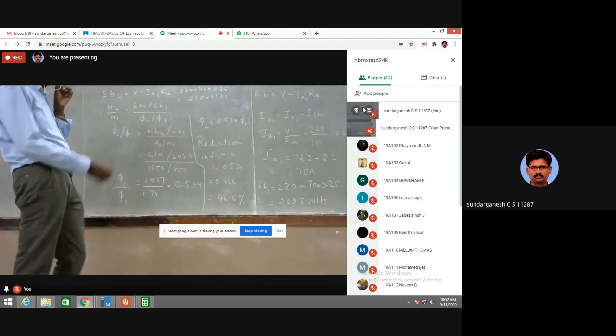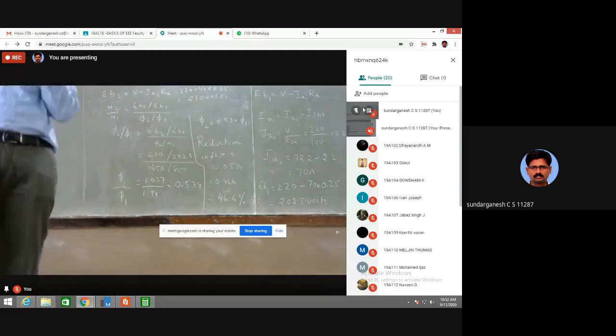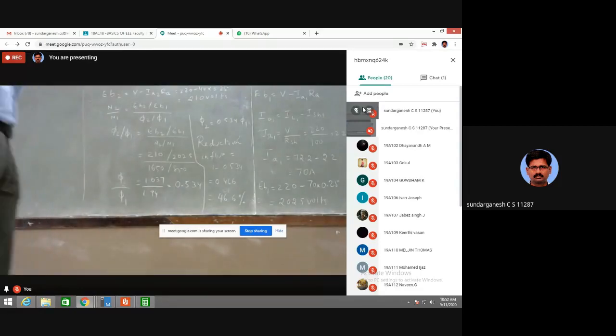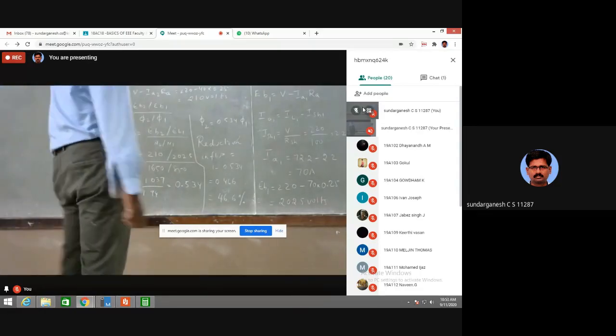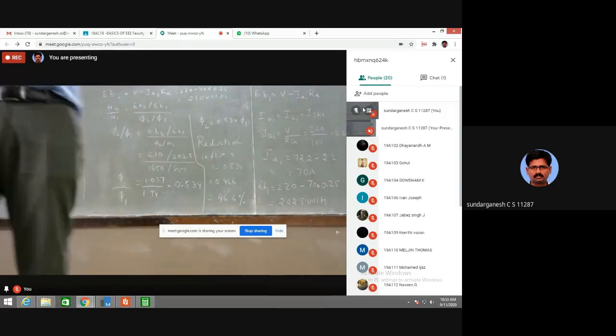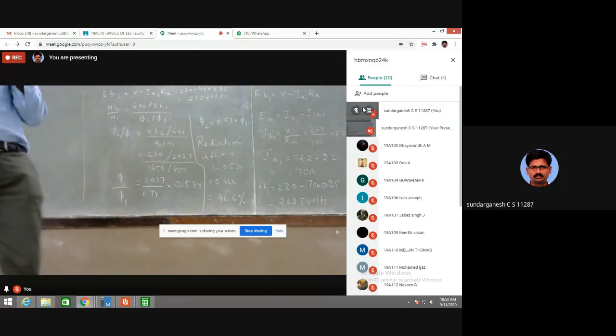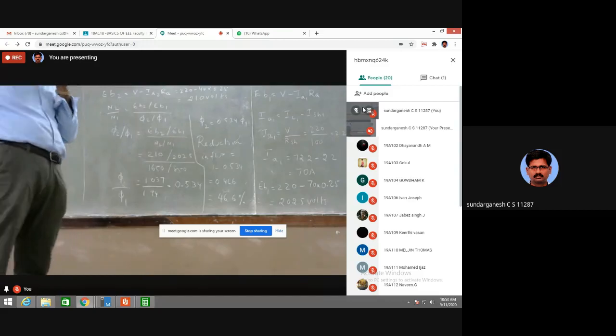So this problem we find this solution. So we see some more problems in this DC motor, then next class. So next week also DC machines only. So after that we go for the transformers and the induction machines. For transformers you have construction, working principle, EMF equation, losses and some problems.